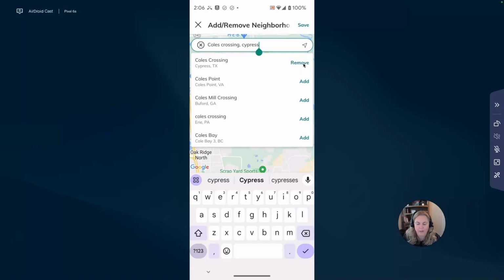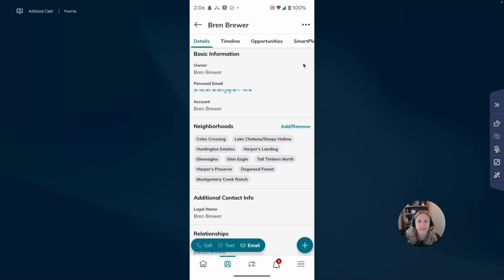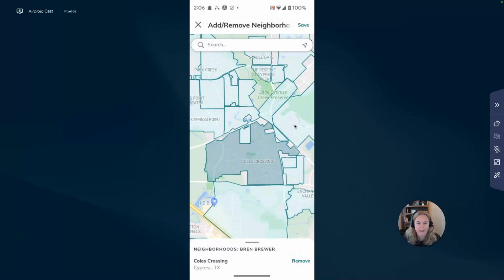their contact record. I can search multiples. So let's search for Harper's Preserve. And there it is. It's already been added, so I can just leave it. But then when you're done, you're just going to click save in the upper right corner, and you can see that neighborhood is there. If I want to remove, I'm just going to click that same button, click in there,